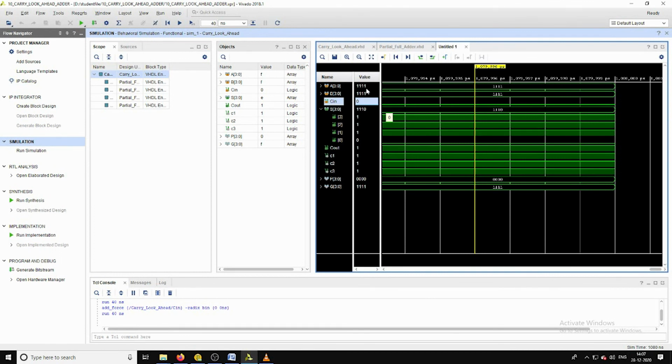Now when we add these two inputs, 1 plus 1 is 0 and we are generating the carry 1. In the next full adder, we have the carry as 1 and the two primary inputs are 1 1. So when you are adding triple 1, the sum is going to be 1 and the carry is going to be 1. The same way for all these three cases, we are going to generate the sum as 1, and additionally the same generation of the carry out.